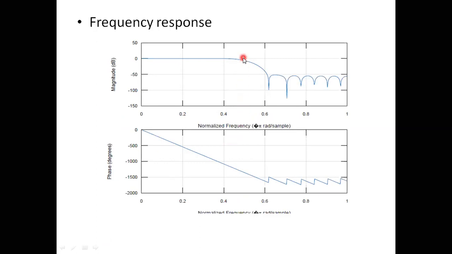From 0.5, your plot is decreasing, because since it is a low pass filter, it is passing only the low frequencies. So near the cutoff frequency, your plot is decreasing. Clear? So this is a magnitude plot and this is a phase plot. For an FIR filter, the phase plot is always linear phase. That's why this is showing a decreasing linear phase. Clear? Now, if you want to see your frequency in hertz, here I have frequencies showing in